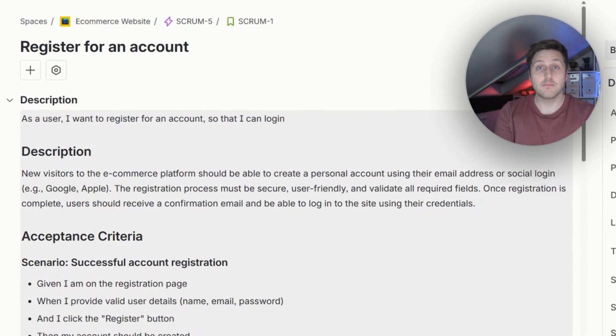Below that, I then put a bit more of a detailed description. So here I've written that new visitors to the e-commerce platform should be able to create a personal account using their email address or social login, e.g. Google or Apple. The registration process must be secure, user-friendly, and validate all required fields. Once registration is complete, users should receive a confirmation email and be able to log in to the site using